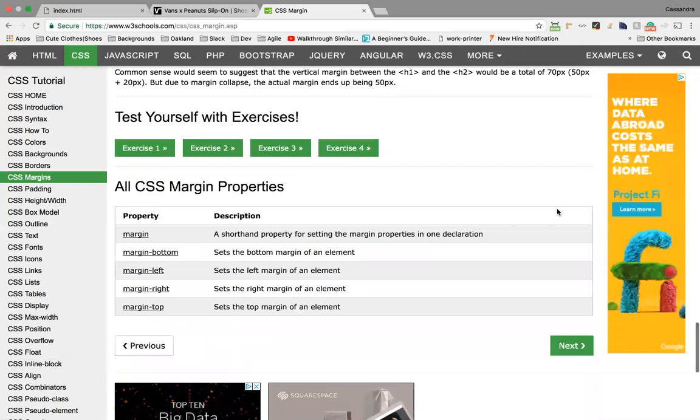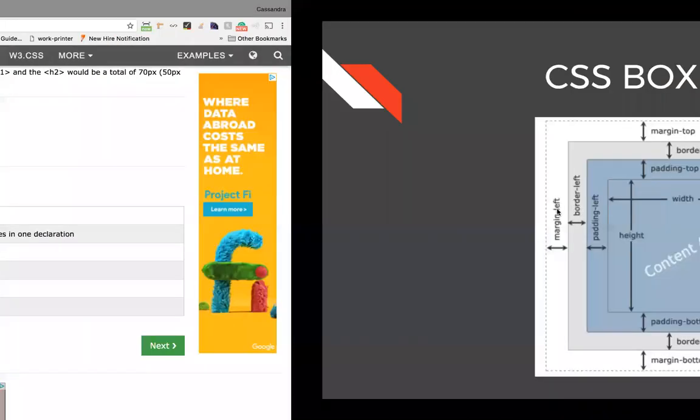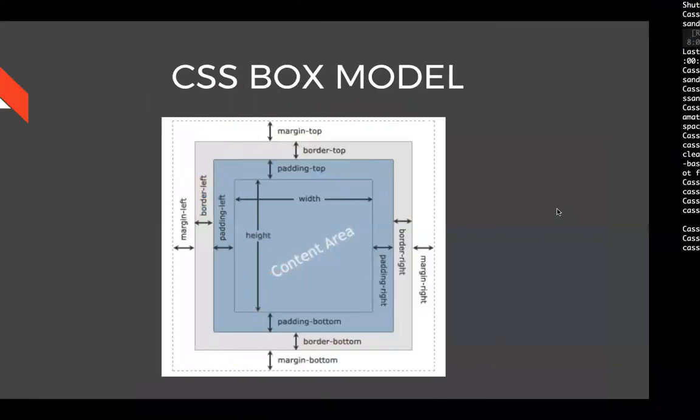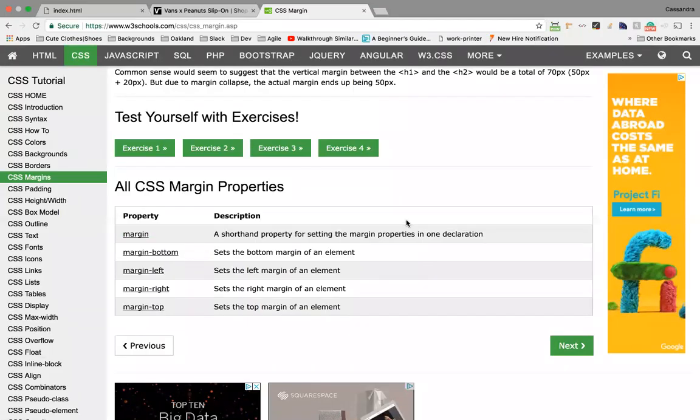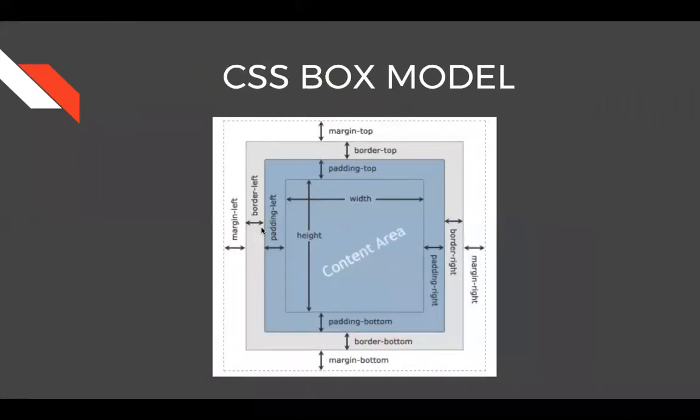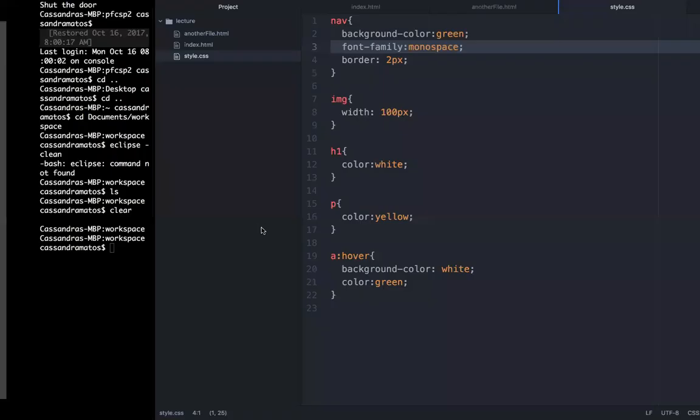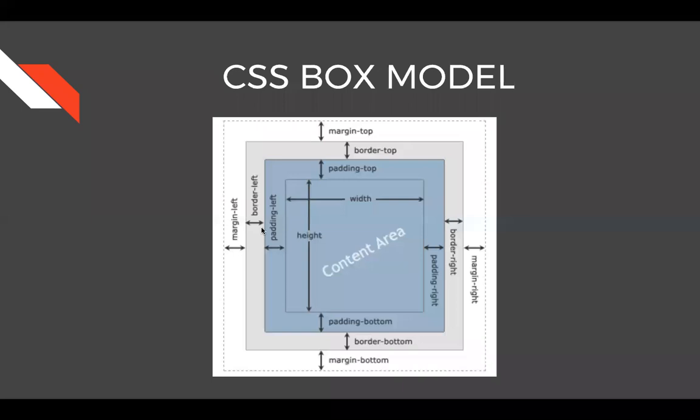So with CSS, it's an art form. You can do endless things in a different number of ways. There's not one correct answer on how to do something. So just play around with it, be free with it, experiment with it, and W3 Schools is a great resource for it. Now, another thing we're going to discuss as far as CSS is concerned is classes